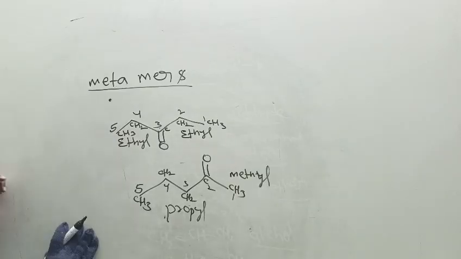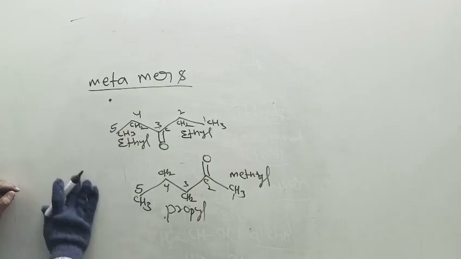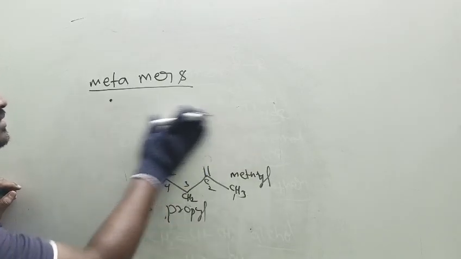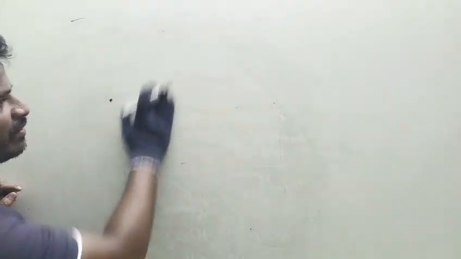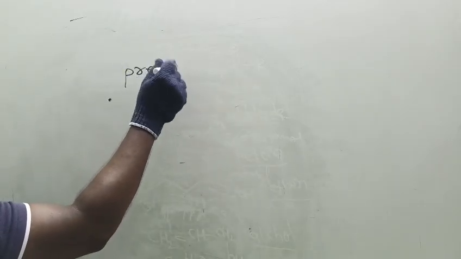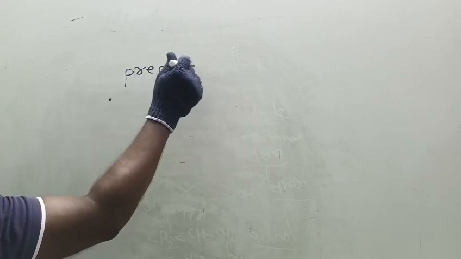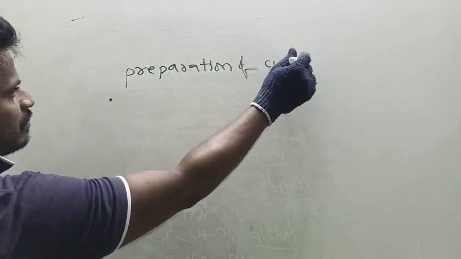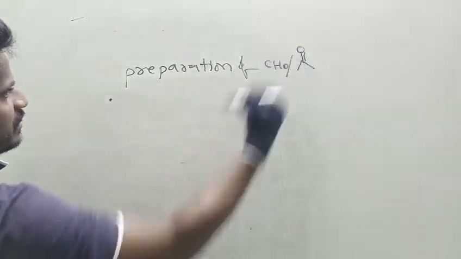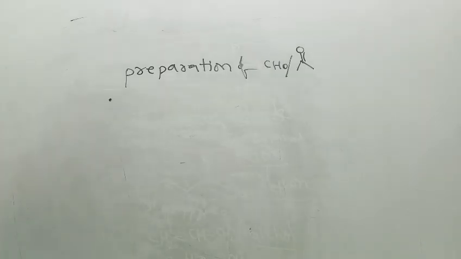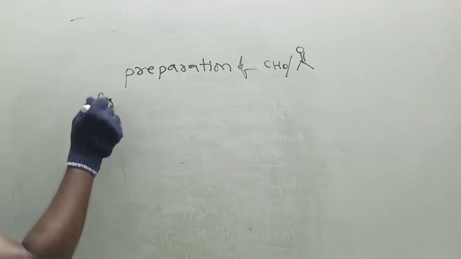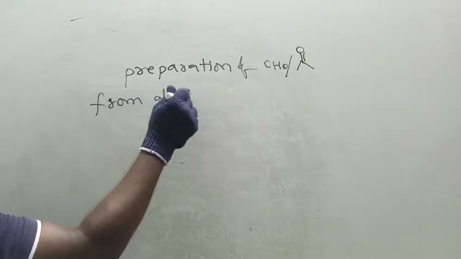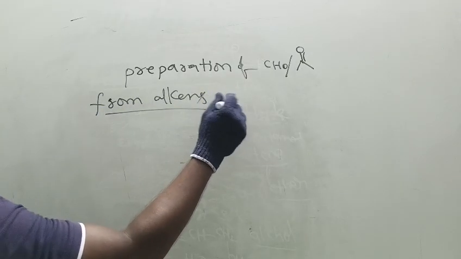That's why ketones only exhibit metamers, but aldehydes cannot exhibit metamerism. And this is about the isomers exhibited by aldehydes and ketones. And next one, preparation of aldehydes and ketones. For this preparation, the first preparation is from alkenes. From alkenes, this reaction is